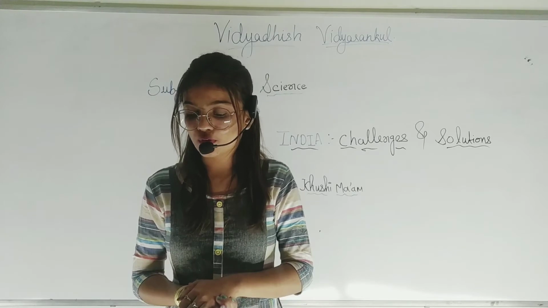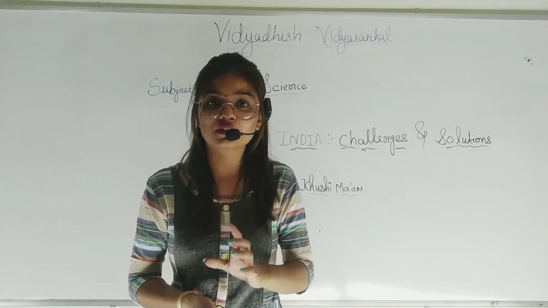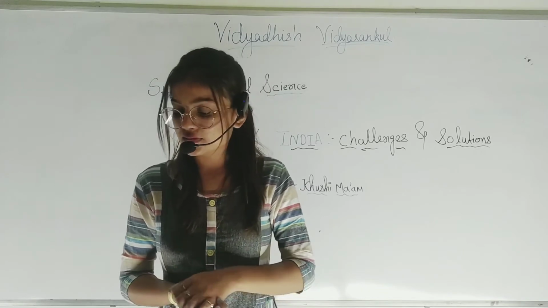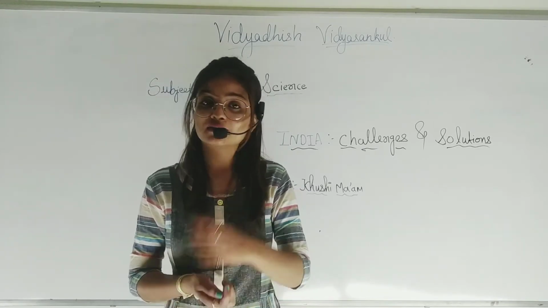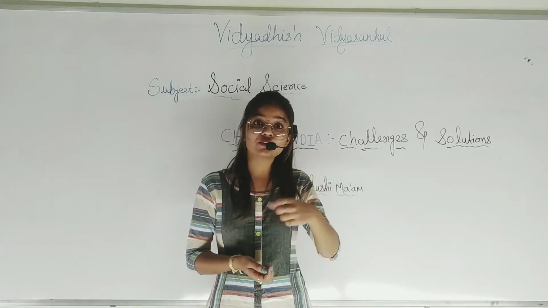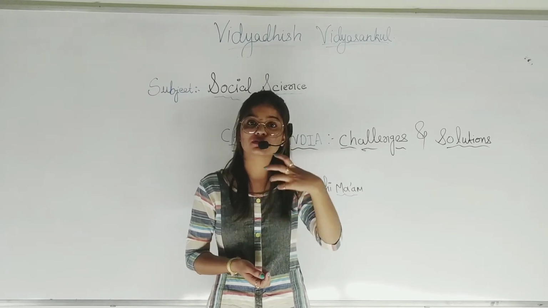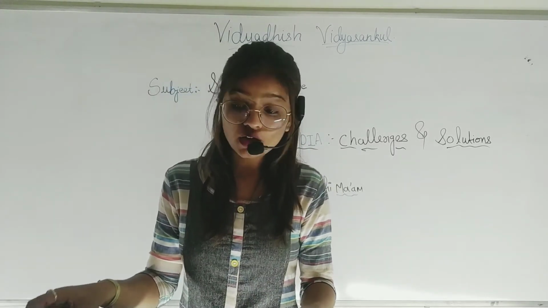Next, we have providing nutritious food. Nutritious food means the basic food for survival, which is the primary need. The government is trying to improve the situation in the slum areas. Slum areas means the poor areas, right? In the slum areas, the government tries to fulfill all the basic demands of the people. Okay. Next, students, we have terrorism.